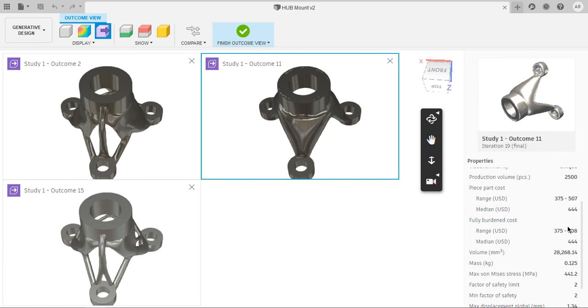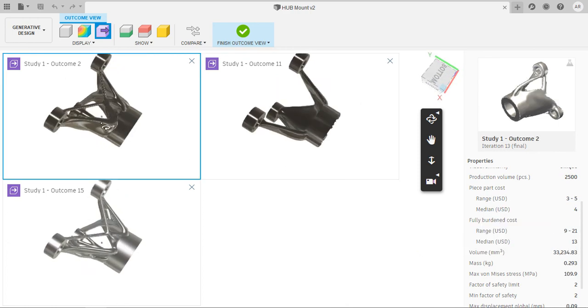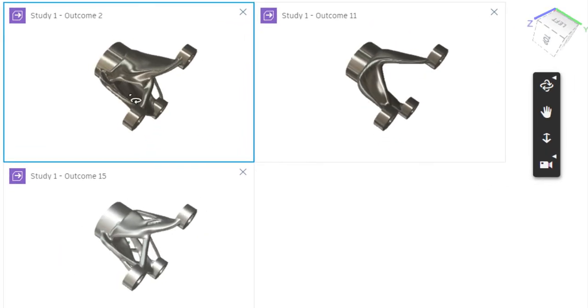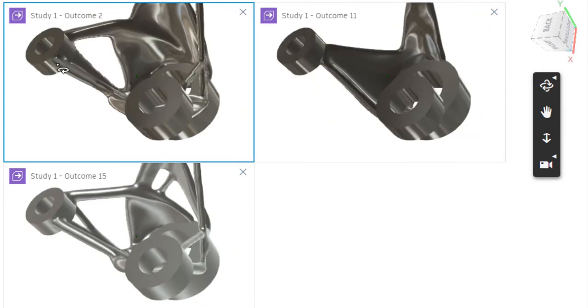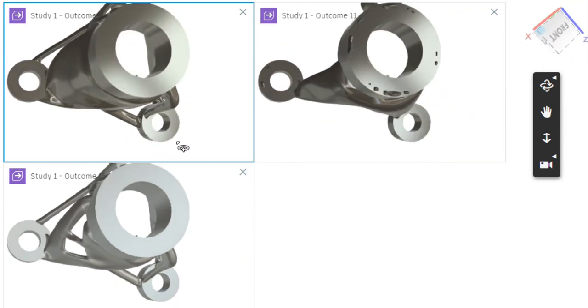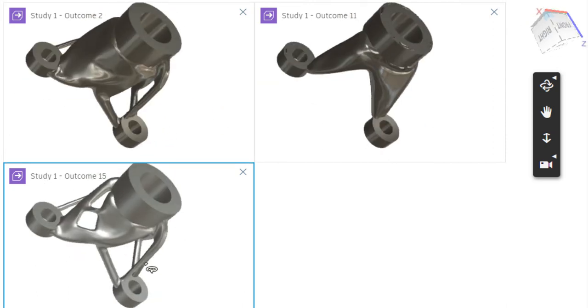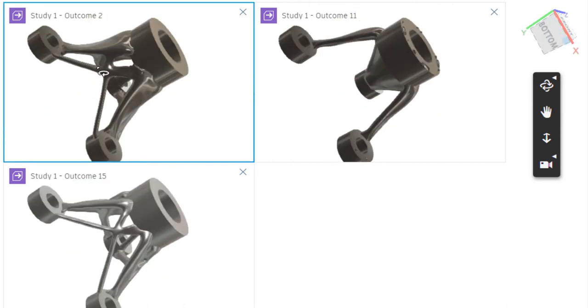If you want to manufacture in bulk, you can. And also for this model, the mold cost will be more because for these organic shapes, we have to make a mold in such a way that it must fill the material only where it is. Outcome number 15 and 2 are almost similar, but the thing is this one is completely organic and this one is somewhat organic.